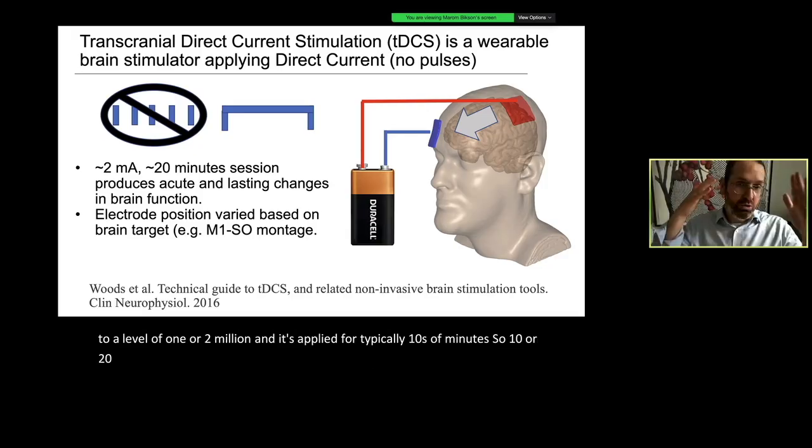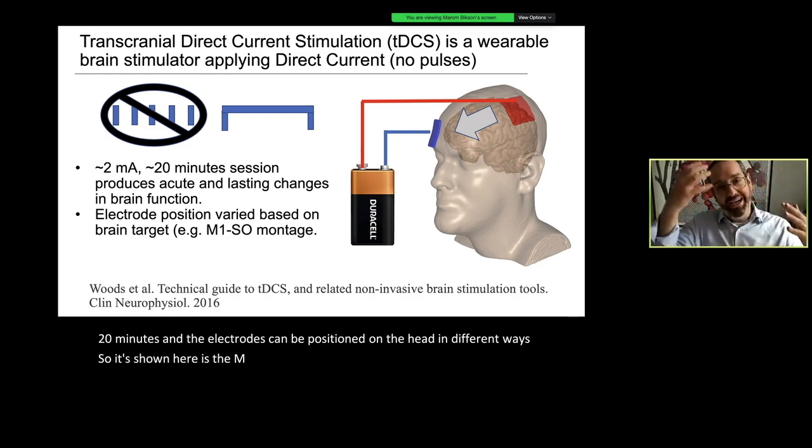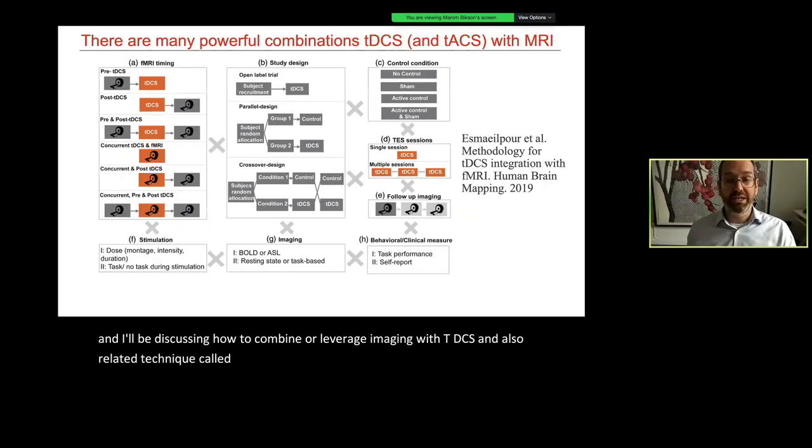And the electrodes can be positioned on the head in different ways. So what's shown here is the M1 motor supraorbital montage. And I'll be discussing how to combine or leverage imaging with TDCS and also a related technique called transcranial alternating current stimulation. Now, we recently published a review that outlined all the different types of considerations that would go into